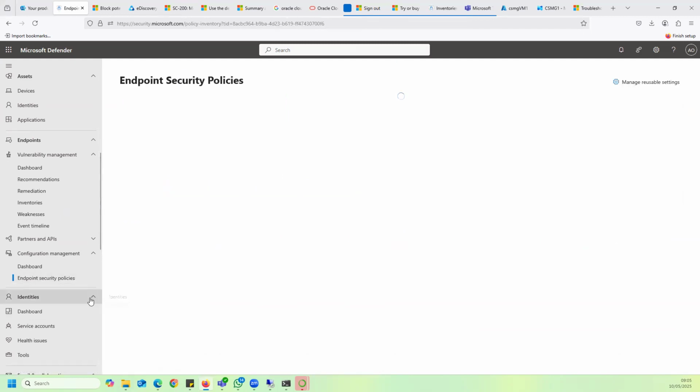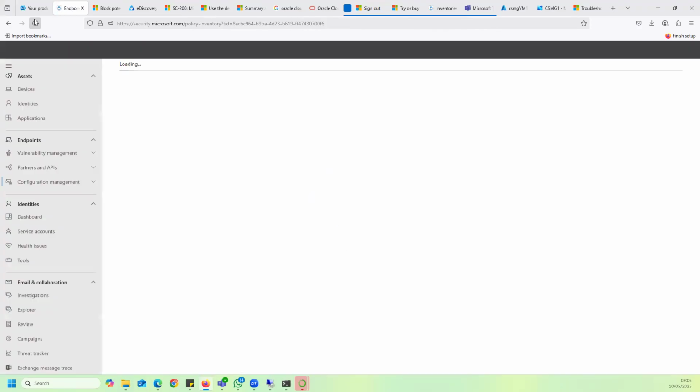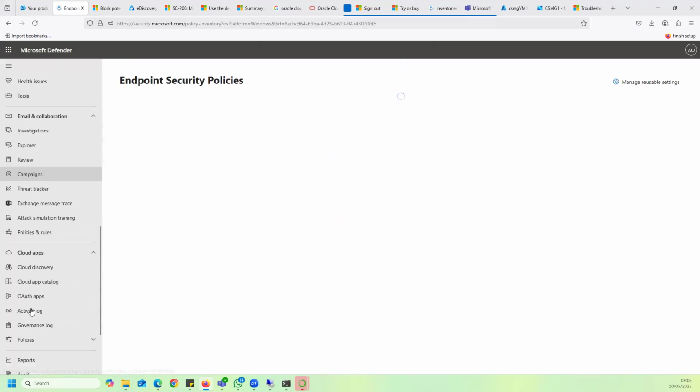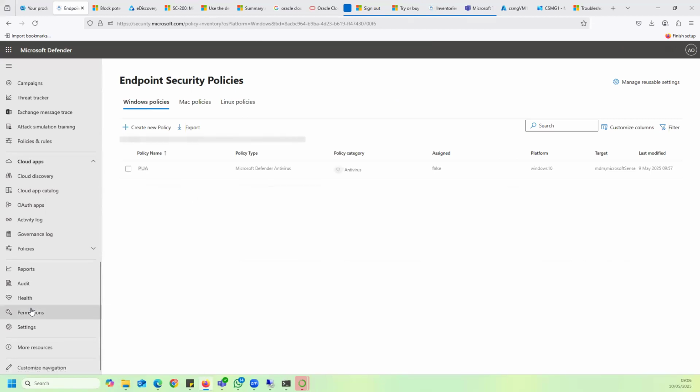In terms of endpoint security policies, there are several policies. You see that many of the recommendations that I saw earlier were about attack surface reduction. So basically, we can do attack surface reduction by